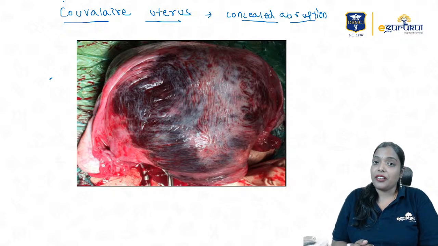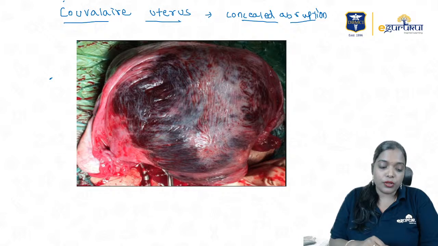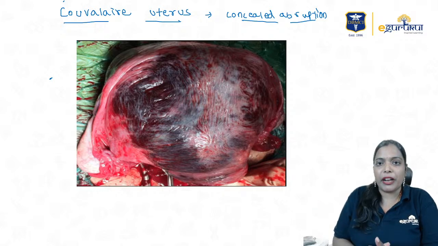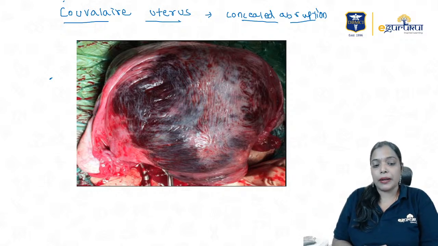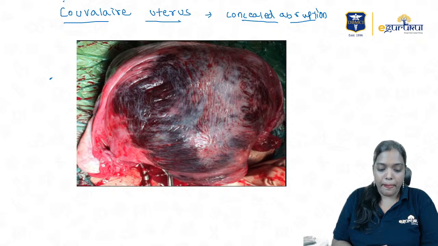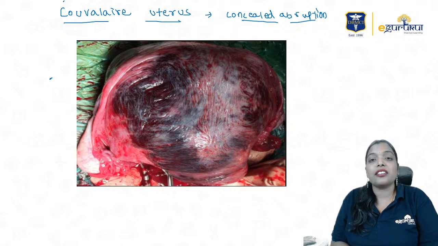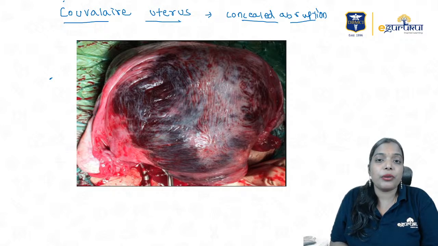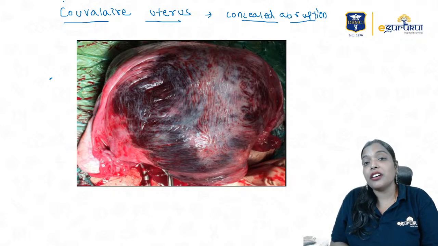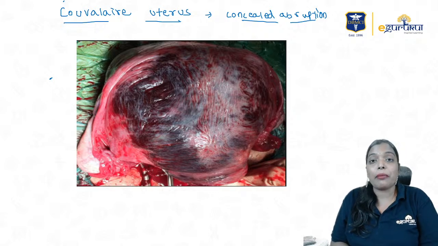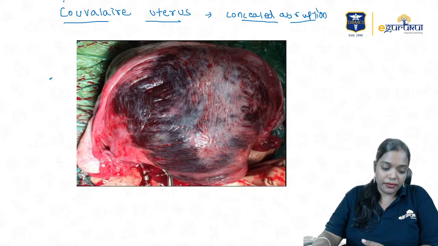How will you manage now? When she comes to you at 32 weeks and tells you that when she got up she was in a pool of blood, how will you manage her now? I don't want to terminate the pregnancy because she is only 32 weeks. So I will again ask her to take bed rest. But now the bed rest will be in hospital, not at home, and that is called expectant management of placenta previa, that is Macafee and Johnson's regimen. Okay.